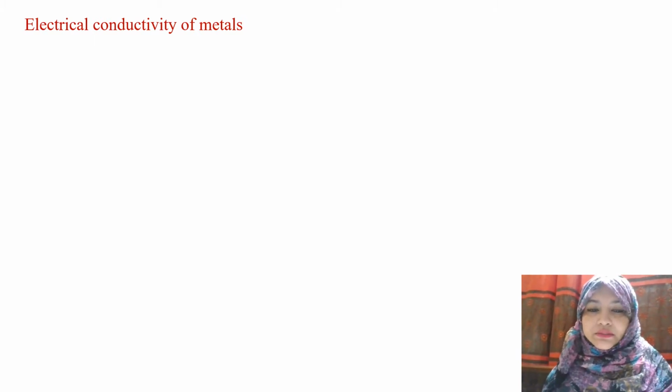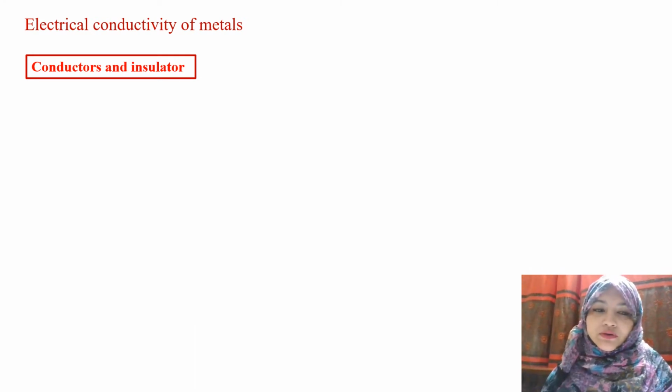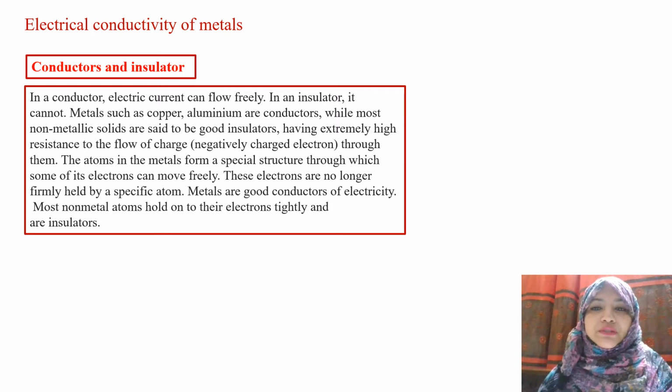Metals are very good conductors of heat. We have learned about that. And also metals are very good conductors of electricity, and that's why they are called conductors. So we have to know what conductors and what insulators are. Conductors are the materials that can flow electric current through them easily, and